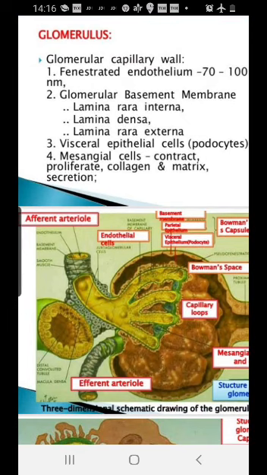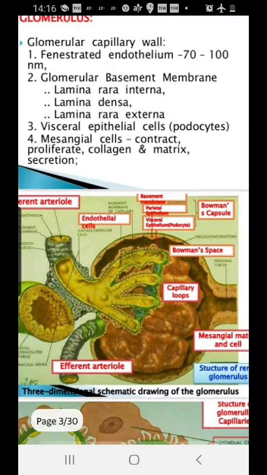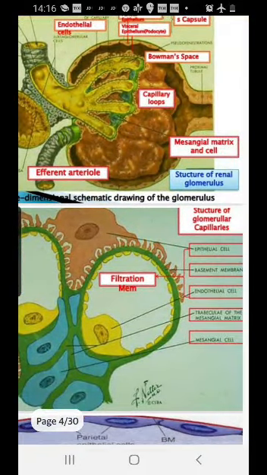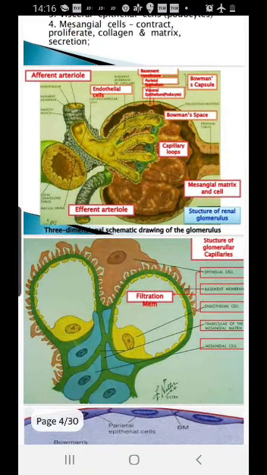So this is a picture, not an exact picture, but a broad picture about the afferent, efferent, and how it looks inside with the endothelial cells and the visceral and the parietal cells. You need to have a look at this picture, which is very, very important. The first one is the epithelial cell, the visceral epithelial cell outside the capillary loops. Then we have the basement membrane. Inside the loop, we have the endothelial cell, and then we have the trabeculae and the mesangial cells, which are present in between the capillary loops.